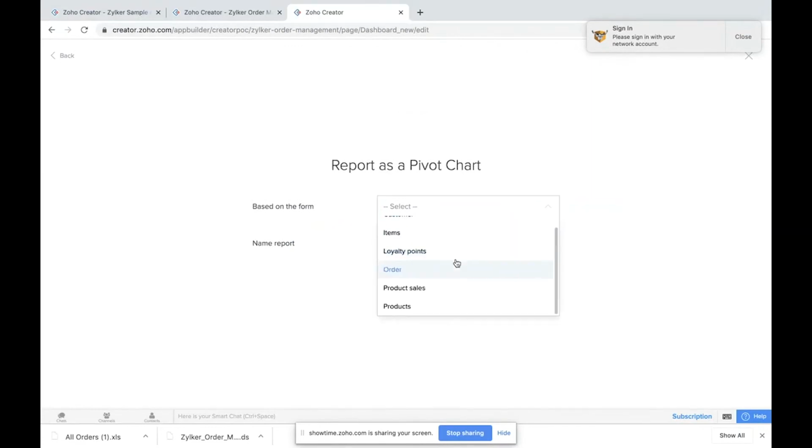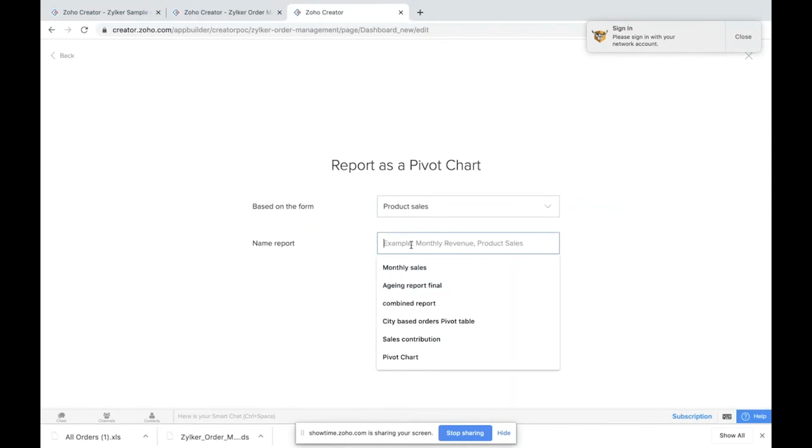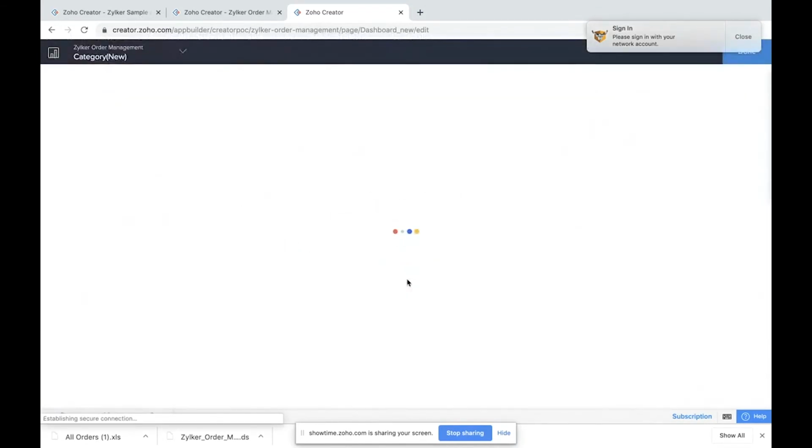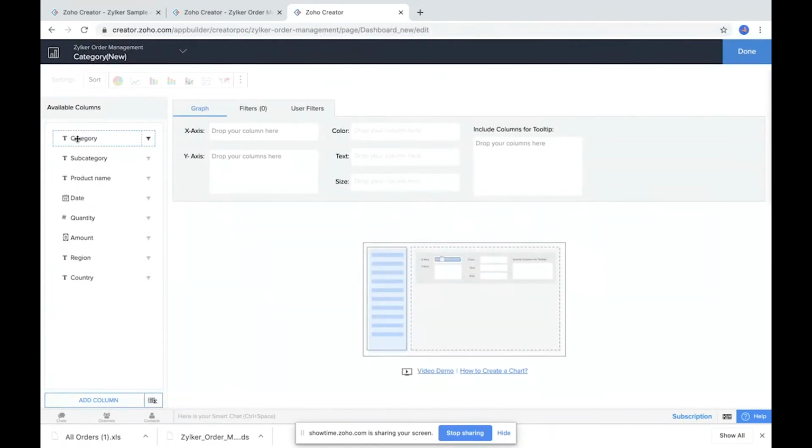pivot chart. So here I'm going to select the product sale, and I'm going to create a category report using the pivot chart. So I'm just going to name it category new and click on create report. Okay, so here all I need to do is select the categories and subcategories or